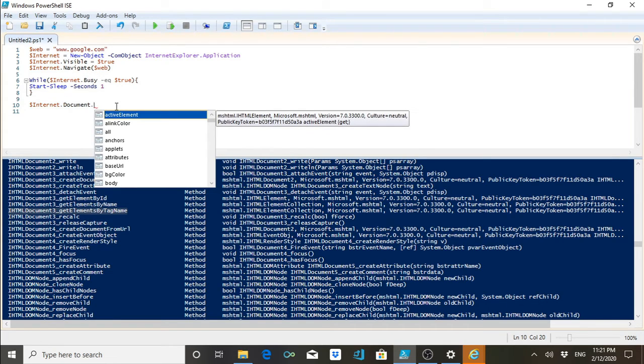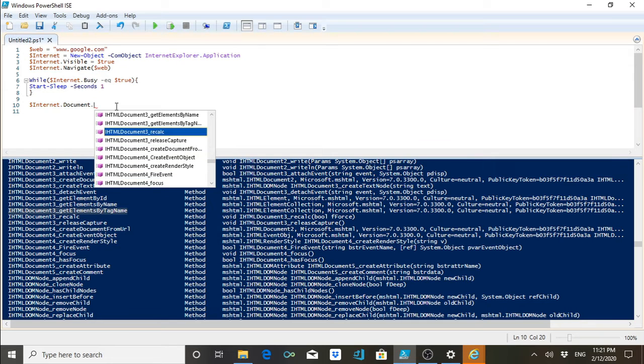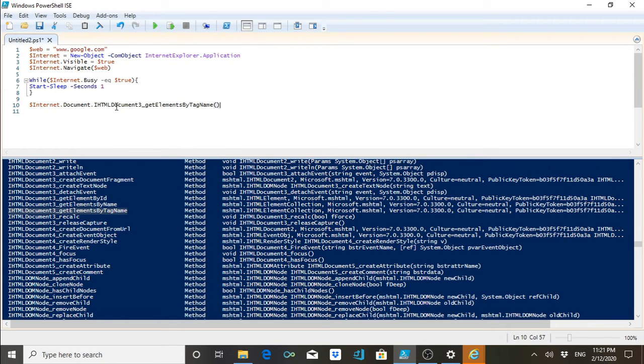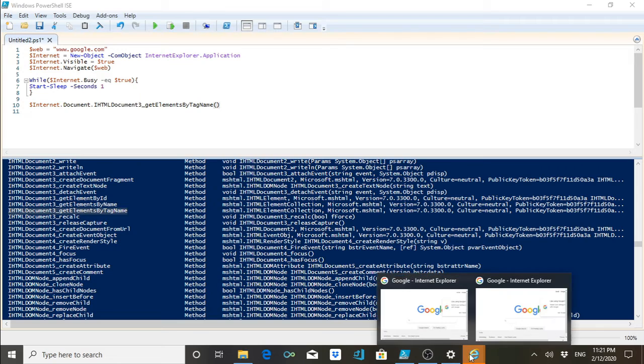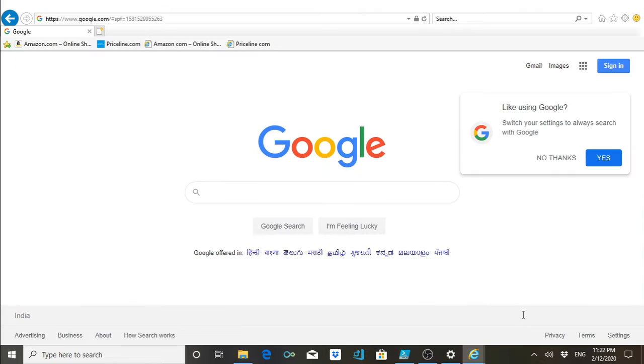So let's see where this one is. And the best part of this is the IntelliSense, so you don't have to type everything. Since it is a method, we can find it in the method section. These are all the method section, so we will find it. You can see now that we have reached here, and this is again, okay, here it is, my tag name. Here you can see, so let us